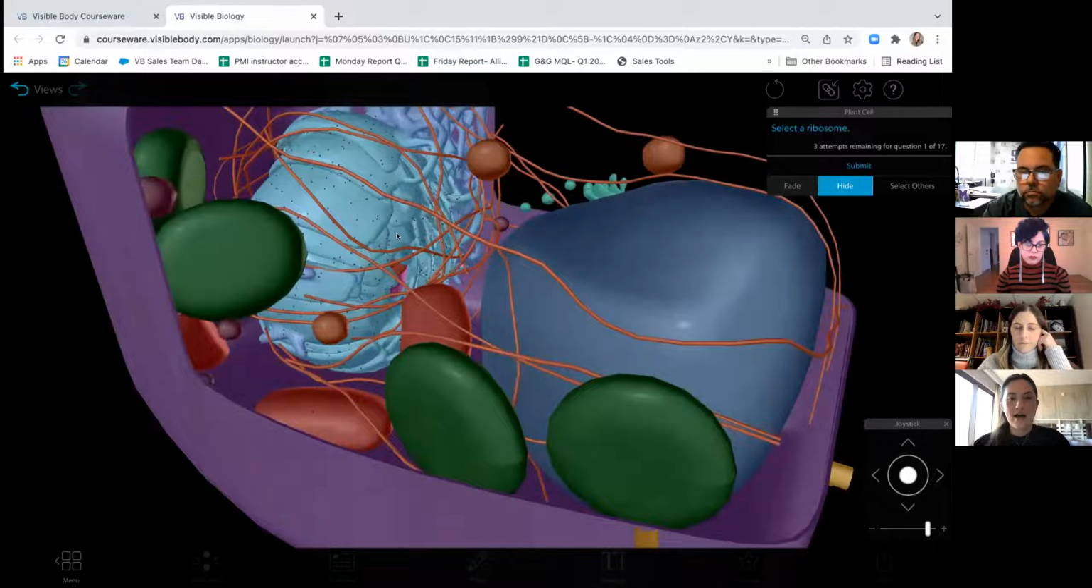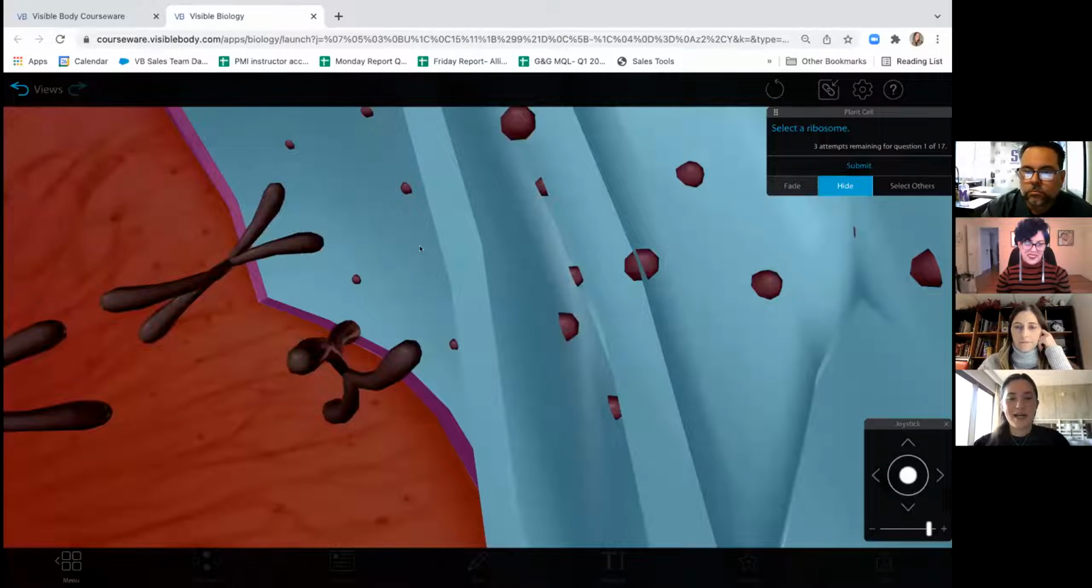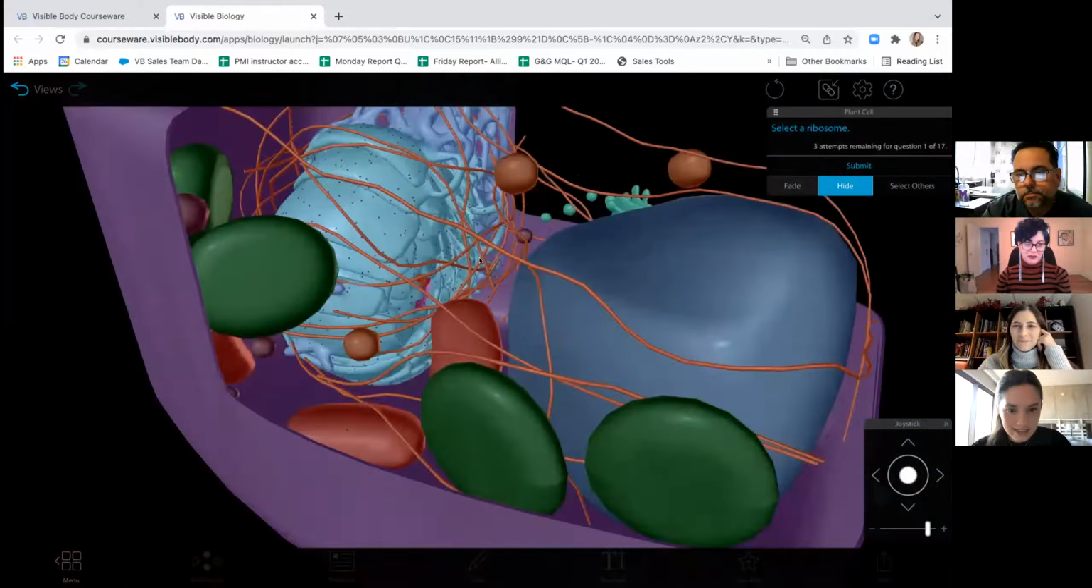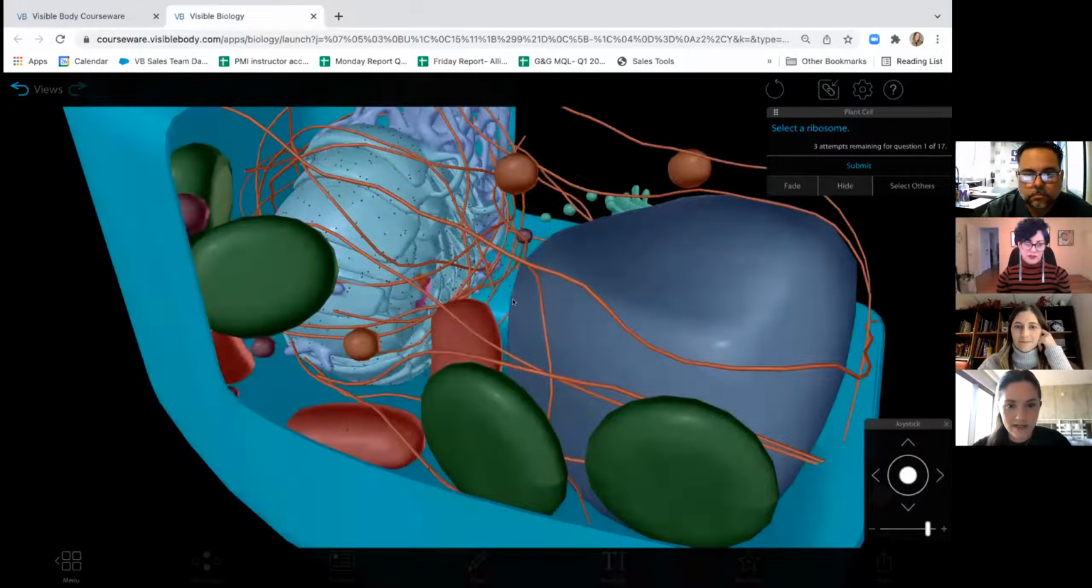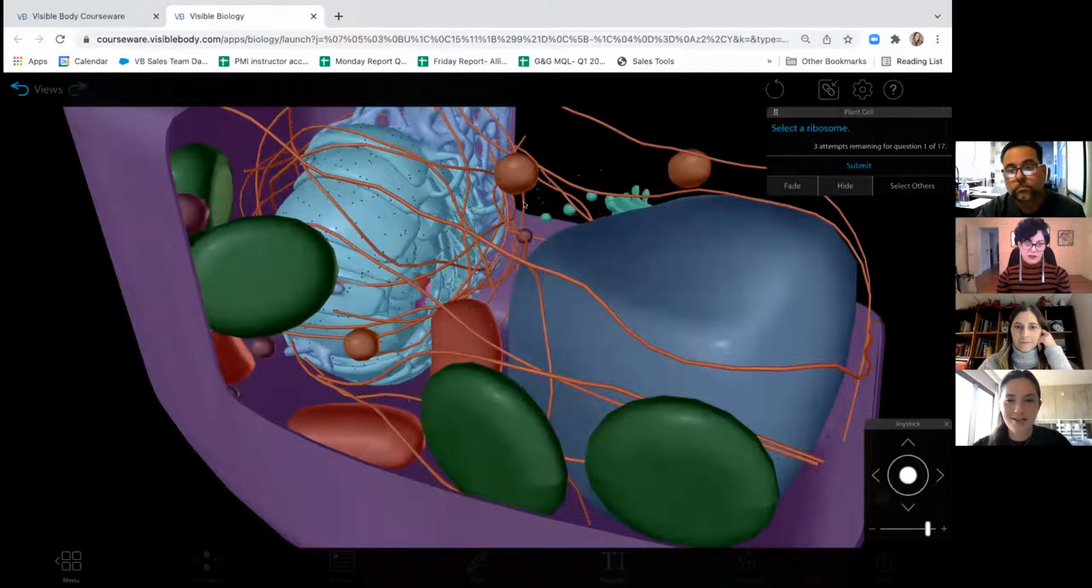So I'm not a biologist, but I think that these little teensy tiny dots right here are ribosomes. Let's see if I can click on a little teensy tiny dot. There we go. So you can see they're highlighted in blue. And I'm going to submit. So since this is a self-study quiz, it will let me know that I correctly identified the structure, and I